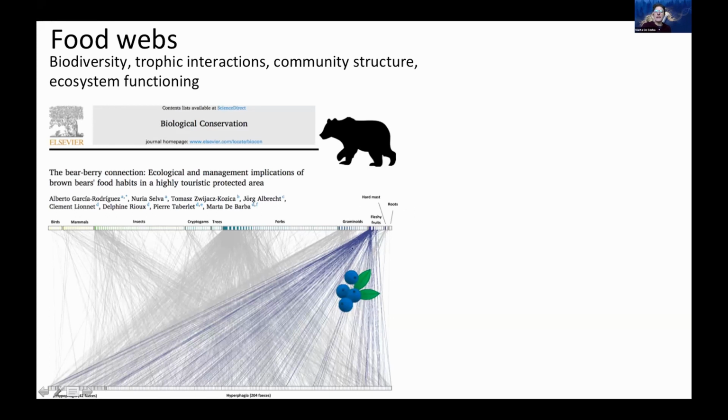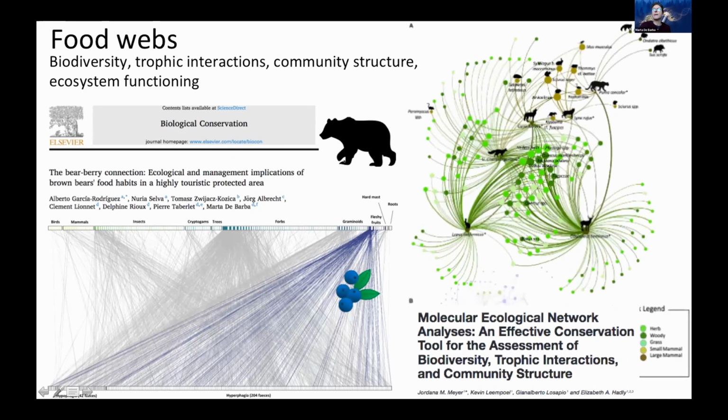We are highlighting here the trophic interactions with a key species that we're interested in, the bilberry, which is a species of economic interest. So we use this result to emphasize the role of the brown bear in providing an important ecosystem service, which is the seed dispersal of this important species. So when we can construct networks like this for several predator species, then we can build more